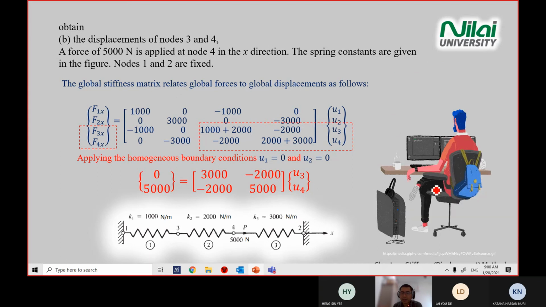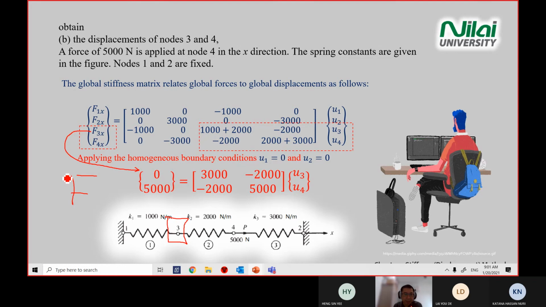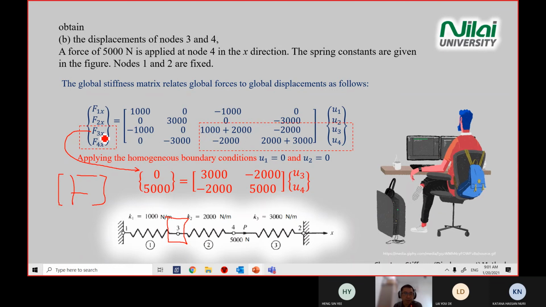By having this kind of concept, you will know straight away you can apply F3 equal 0, because if you look at these 3 points, point number 3, even if you try to pull at point number 4 or point number 1, point number 3 is still free to move to the left and right. And we are focusing on capital F here. It means global dimension. If the point is free to move around, there's no force at that particular point. So there's a reason why we know that F3x equals 0